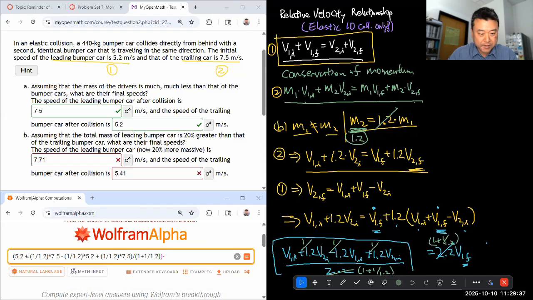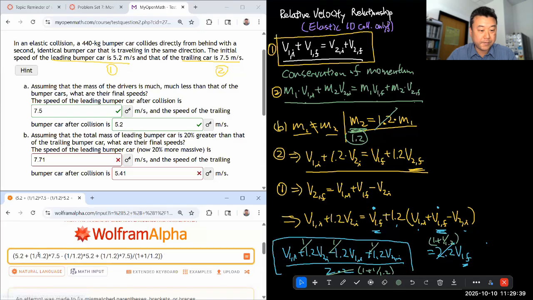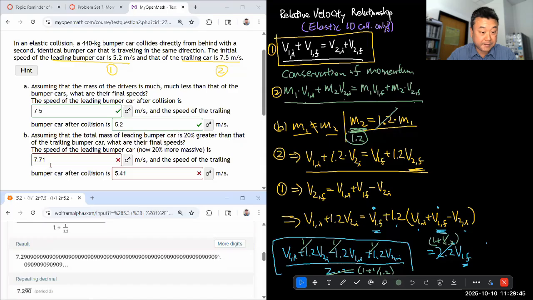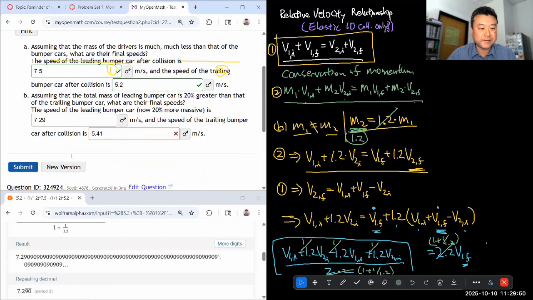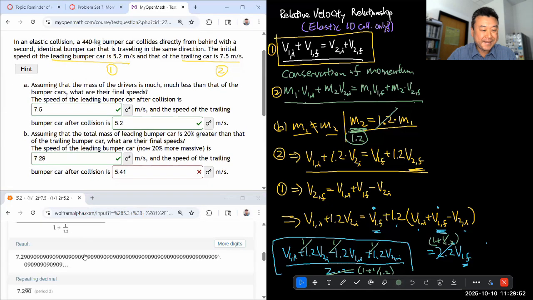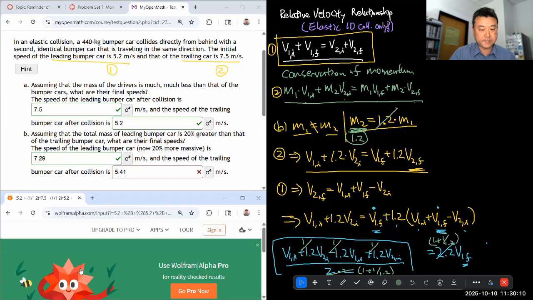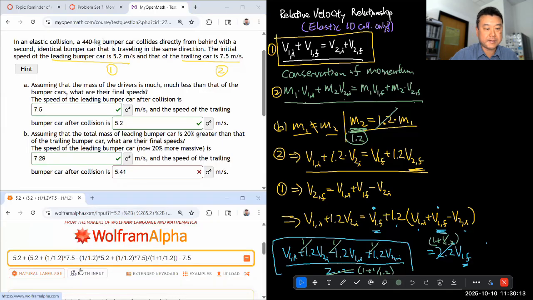Okay, so this should give me the correct v1 final. It's 7.29. Let's just double check that first before I do more work getting the v2 final. Yeah, okay, that's correct. And let's do the work for the v2 final. So that should be, so add the v1 initial, 5.2. And then subtract v2 initial, 7.5. So that should get me,